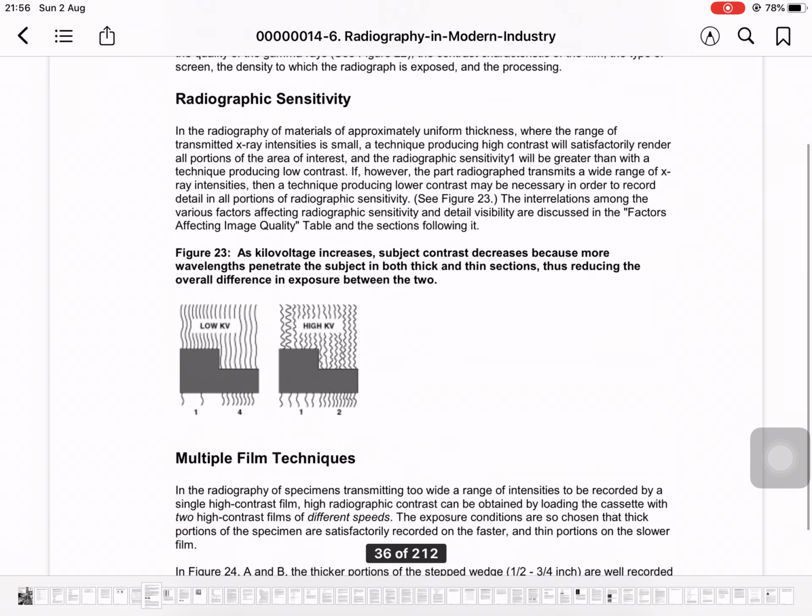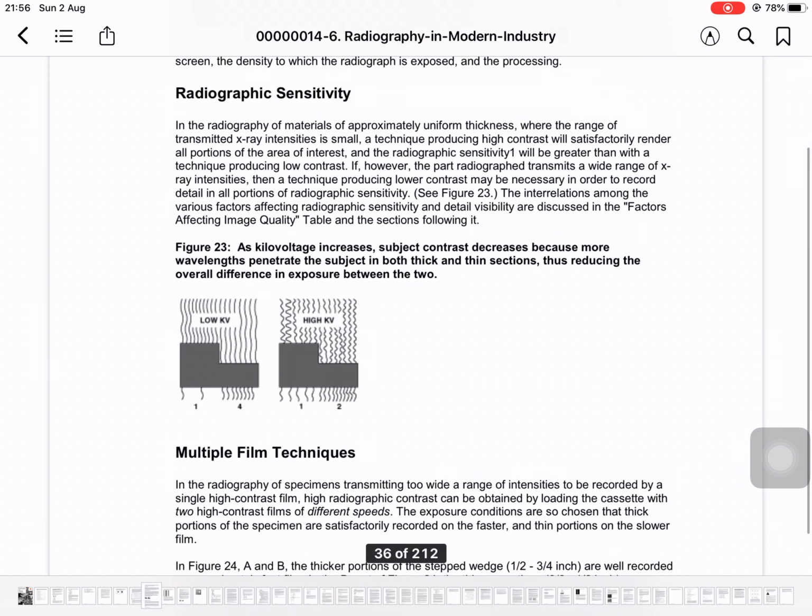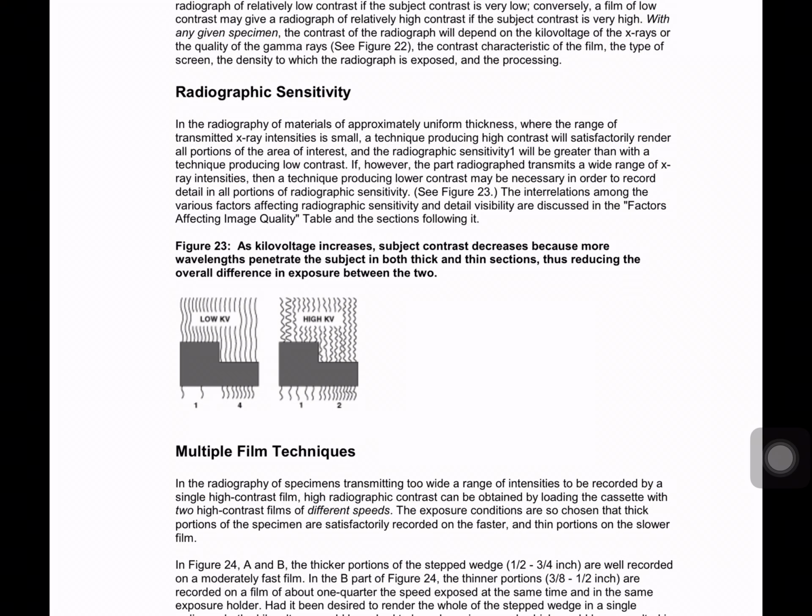We are talking about radiographic sensitivity. In the radiography of material of approximately uniform thickness, where the range of transmitted X-ray intensity is small, a technique producing high contrast will satisfactorily render all portions of the area of interest,